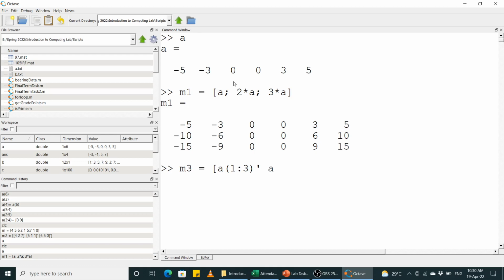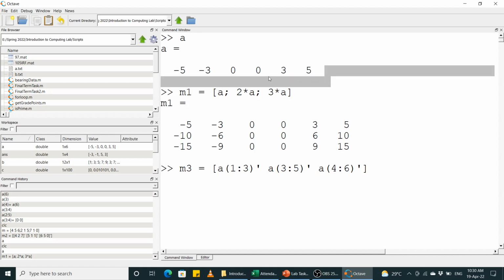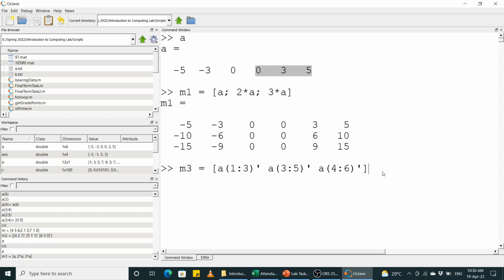दूसरा जो स्लाइस हम लेंगे that would be vector A का, say for example 3 to 5, ये वाला स्लाइस लेते हैं, उसका ट्रांसपोज। And then फिर हम वेक्टर A का ये वाला 4 to 6 वाला स्लाइस लेते हैं, उसका ट्रांसपोज, ठीक है। So now we have 3 column vectors. ये पहला वेक्टर A से हम ये वाला स्लाइस उठाते हैं और उसका ट्रांसपोज लेते हैं, तो it becomes a column vector। फिर 3 to 5 ये वाला स्लाइस उठाते हैं और उसका ट्रांसपोज लेते हैं। फिर 4 to 6 ये वाला स्लाइस उठाते हैं और उसका ट्रांसपोज लेते हैं, ठीक है। और उनको हम साइड बाय साइड लगा रहे हैं, अपेंड कर रहे हैं।